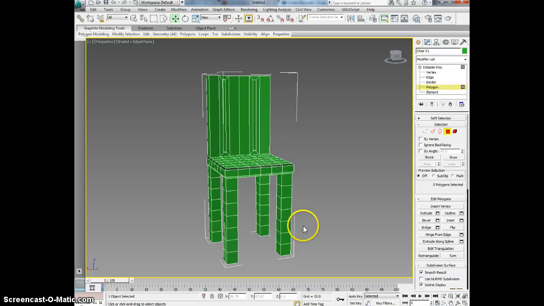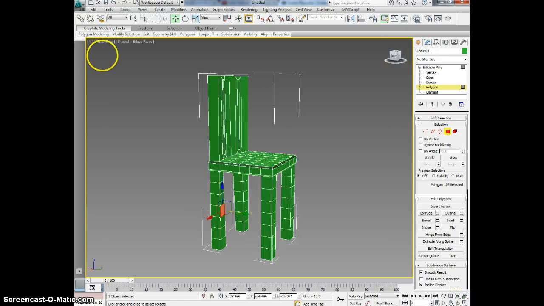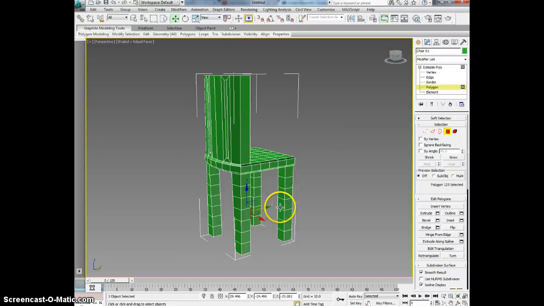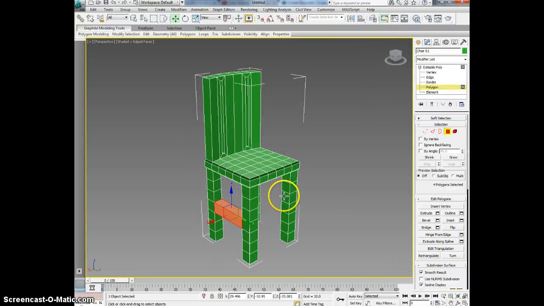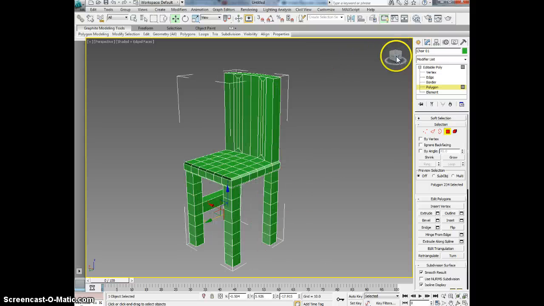I'm going to go back to polygon mode. And if I really wanted to, I could bridge these legs together. And create like a sort of a classic